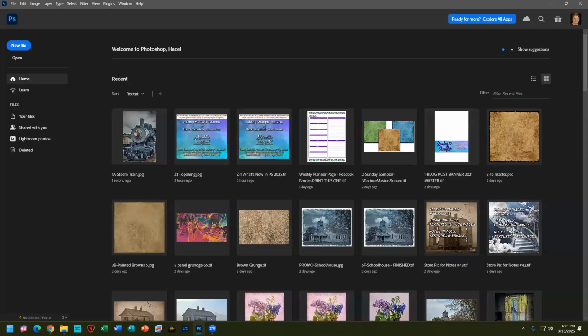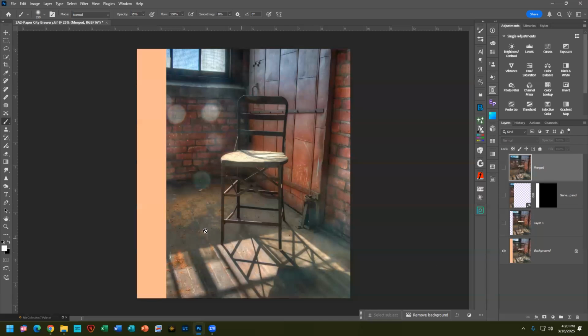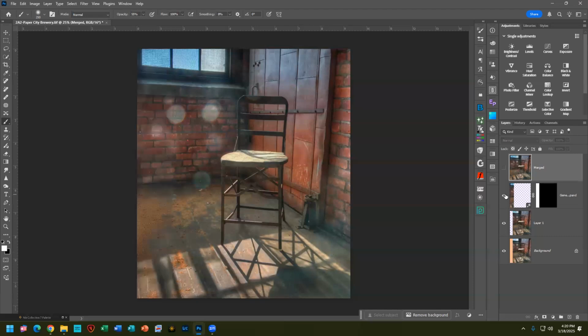Okay, so next up, we're going to take this old chair, and I have the layered version because I wanted to show you what I did here first. So the original image obviously didn't have that panel there, so it was a little narrow, and I wanted the chair to sit a little more to the right. So I used generative AI to